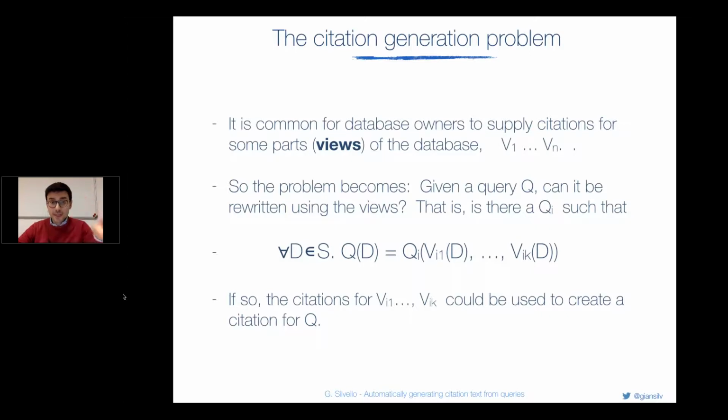So we expect the database owners, the database administrator, to provide us with a bunch of views, like before. So here we go back to the case where we ask some effort of the database administrator. And the views are connected to frequent queries. For the IUPHAR case, we basically ask the database administrators to provide us with the queries they already have, because they have queries to create the web pages of their website. So when they create a web page, that is a relevant, very frequent query, and we use that query as a view. And then we use these views to provide citations for general queries.